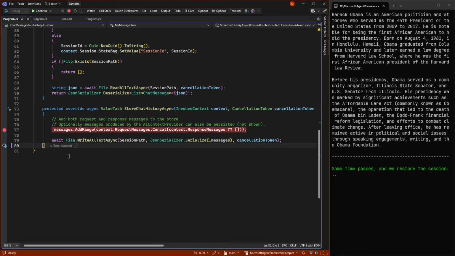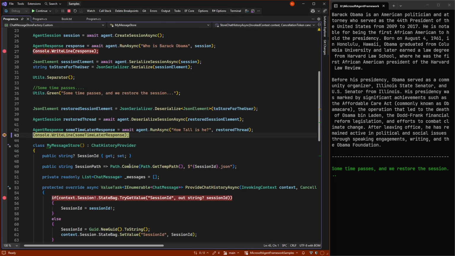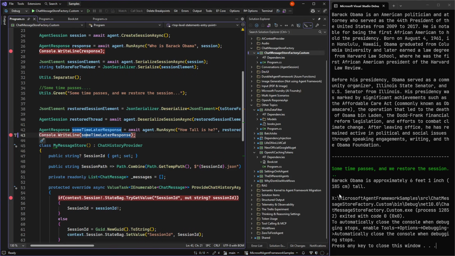So now my file that is my chat history contains 4 messages. And we get our response back where it knows how tall is he was referring to the old ones. Had we not put in the thread, it wouldn't have understood us. And it comes back with the answer.